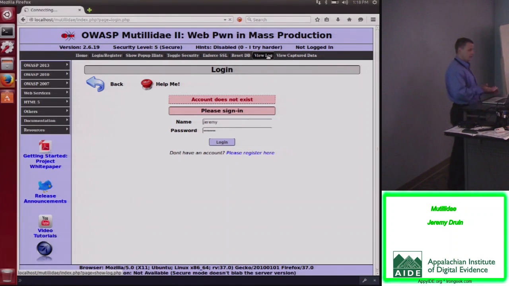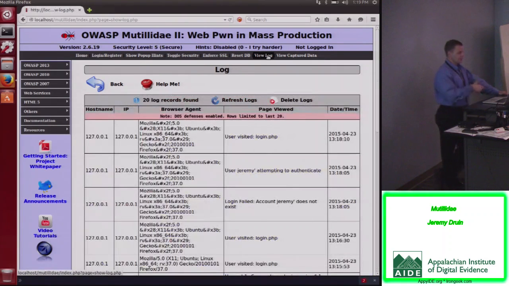Also added in a log. A lot of the stuff you do on the various pages throughout the site is going to be written down into the log. The idea here is that you want to try to figure out what information gets logged. Various things that you type into certain fields or forms across the site are going to end up over here in the log. So you would do the normal reconnaissance scanning activity, where you would make up a random number or put in a phrase that means something to you, and